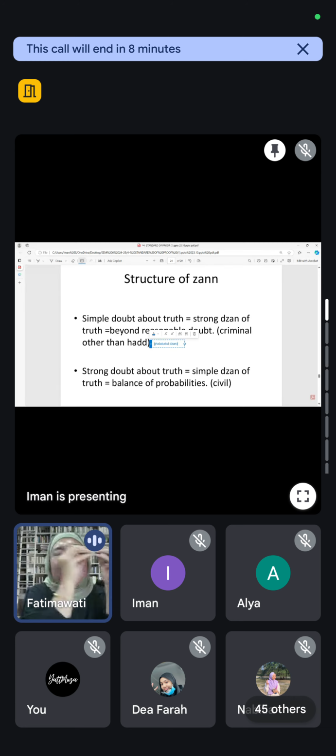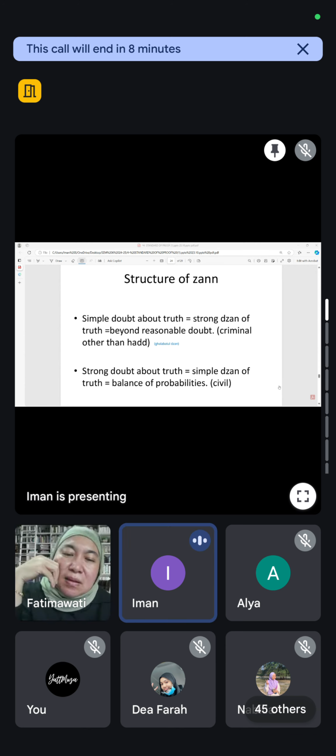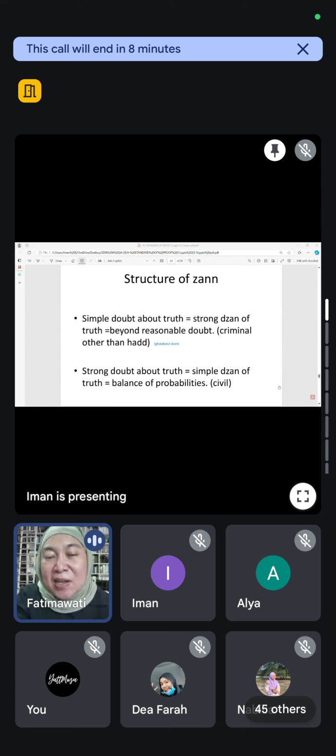Okay. Boleh, dia maknanya ada simple doubt. Dia ada ragu-ragu sedikit saja. You ada ragu-ragu tentang dia punya truth, tapi you ada a strong zone about the truth. Dia macam lebih kurang sama kan? Yeah, that's why I'm confused. Okay, so not to make yourself confused, you just ingat ni je. Kalau cases, criminal cases apart from had, which is qisas dengan ta'zir, dia punya standard of proof adalah beyond reasonable doubt. Ghalabatul zon. Okay. Kalau civil cases,